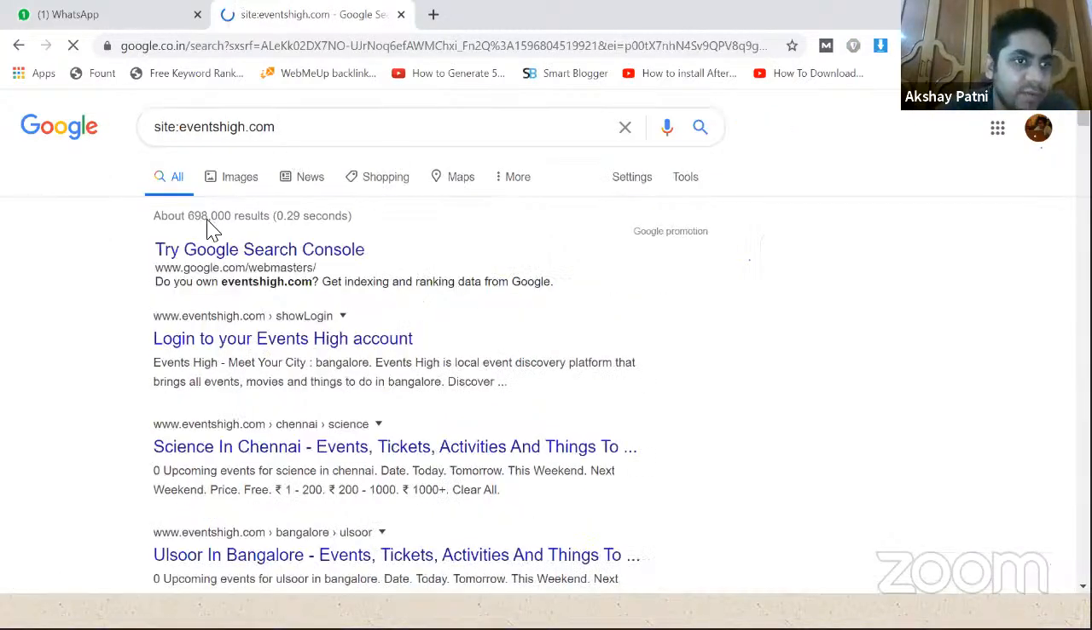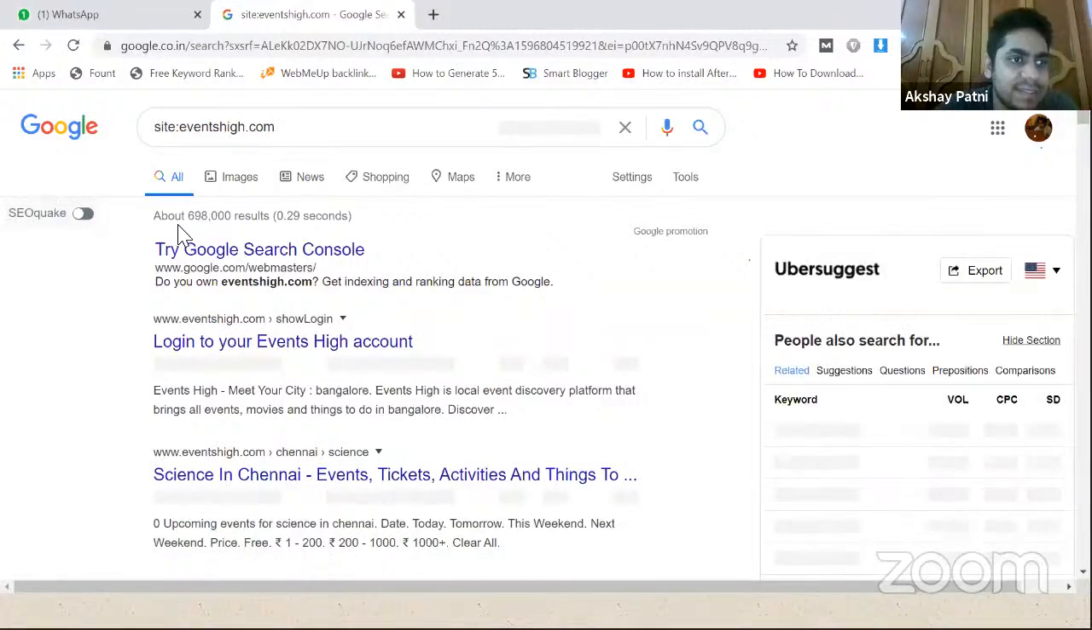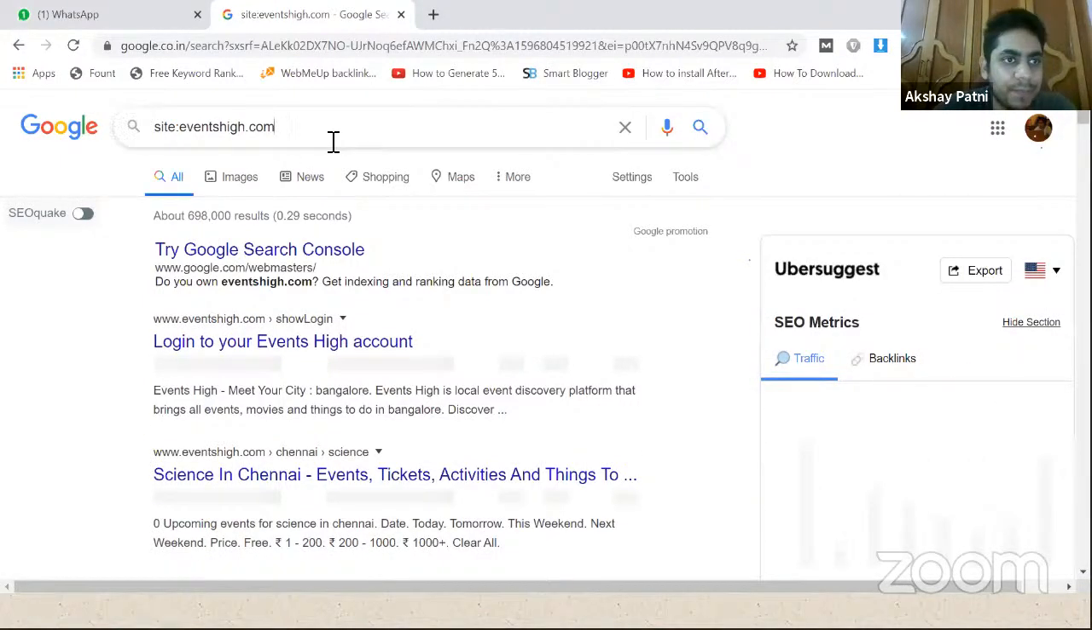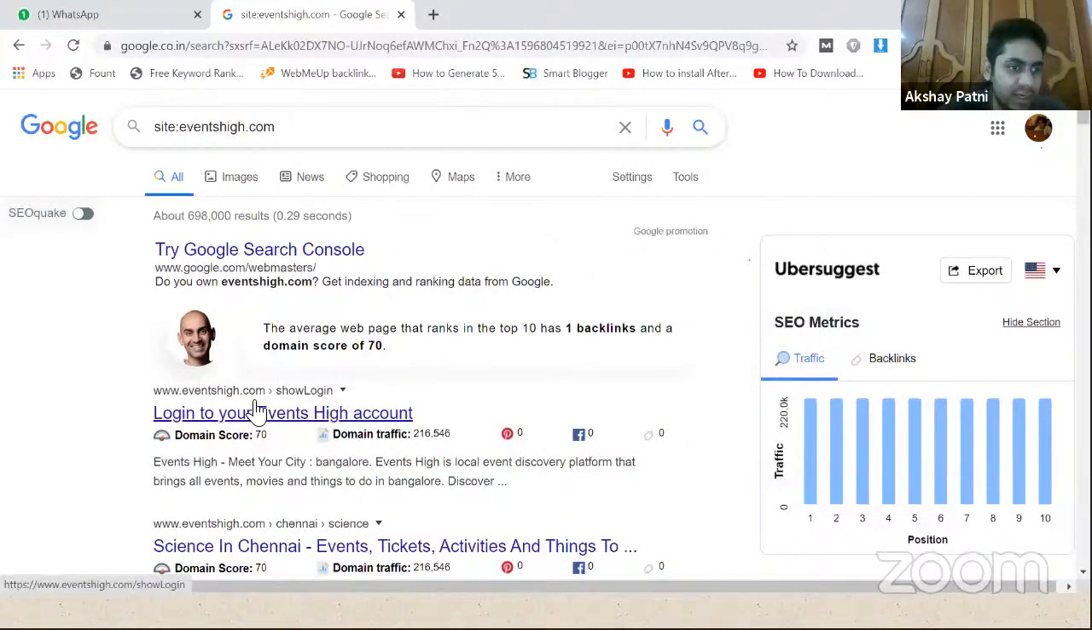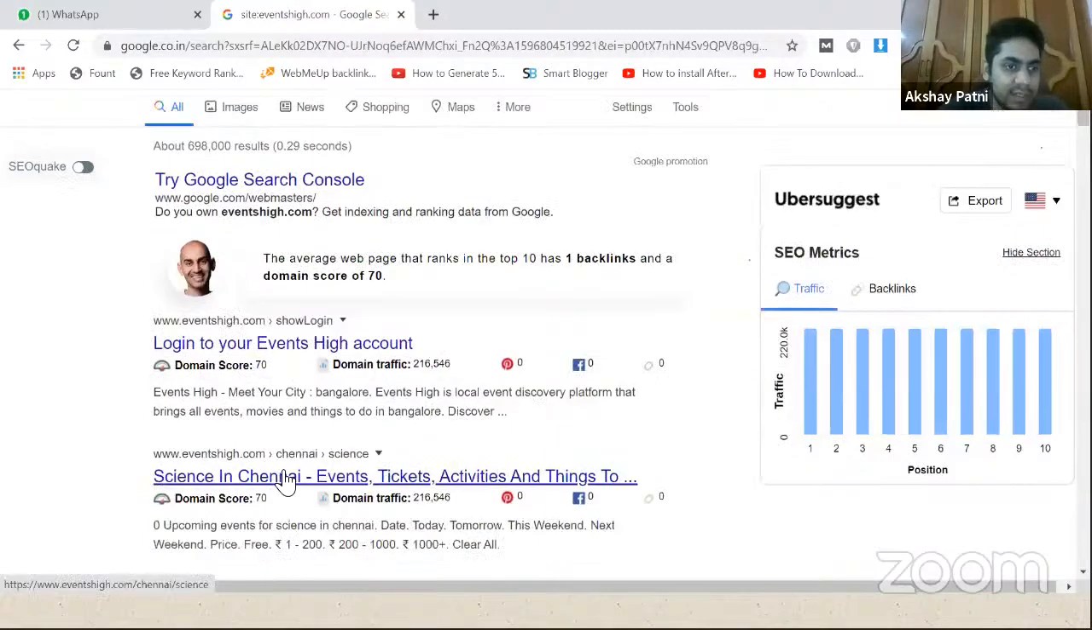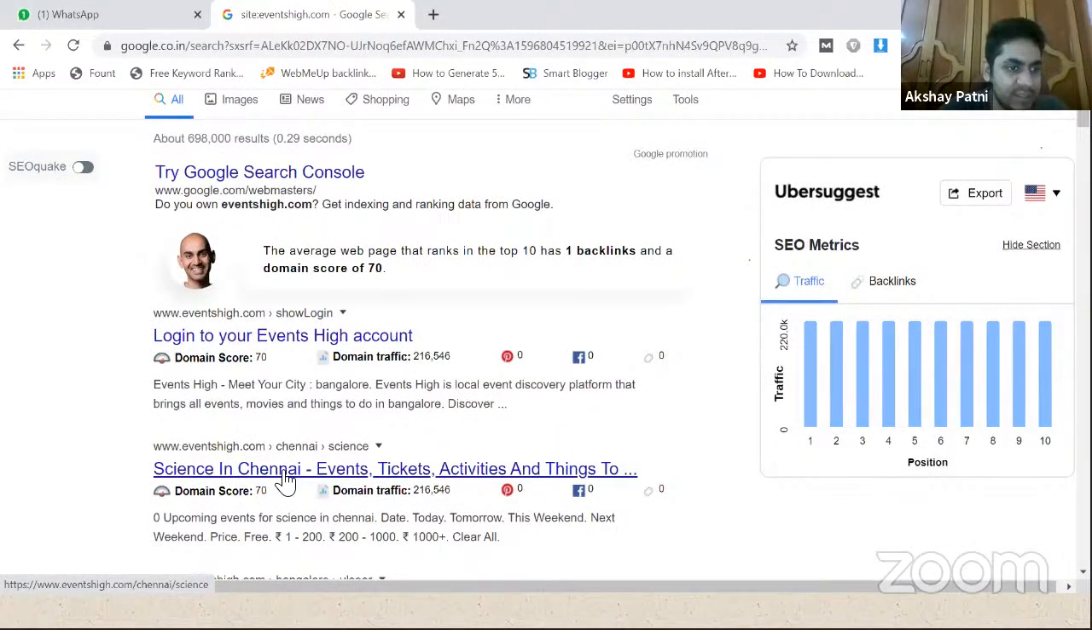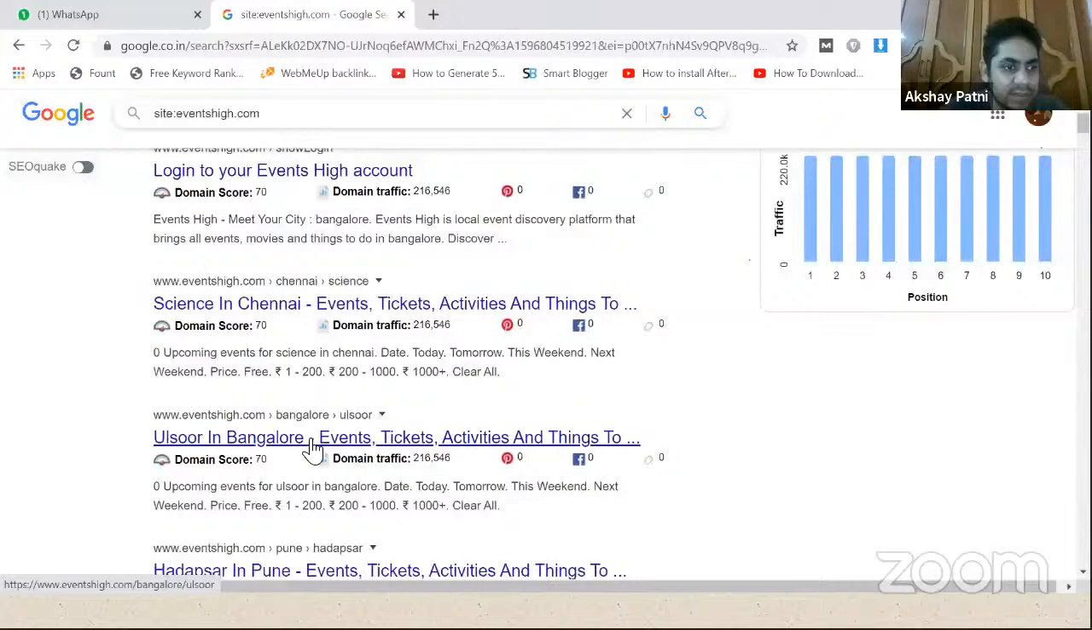So they have around 6,98,000 pages. And if I am clicking upon it, the URL here is show login, which means I can see from the left corner of my screen that the URL is showing there. Similarly, let's pick up this one. So slash Chennai slash science slash Bangalore. So this structure again,